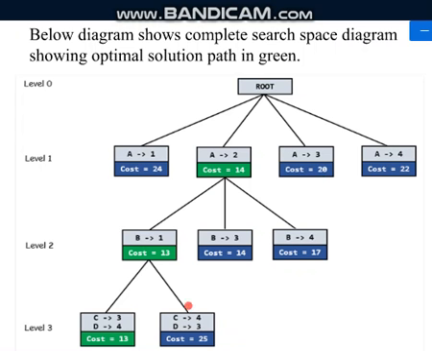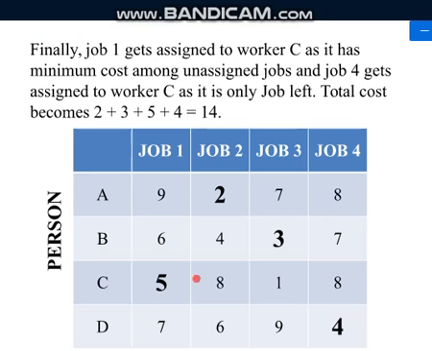Okay, now among these, which one is the least one? The least one is this one. Yes, so here the cost is calculated as 14. Why is it calculated as 14? Because it is calculated for 2, 3, 5 and 4. That is the best possible solution, isn't it? So that will give us 14.